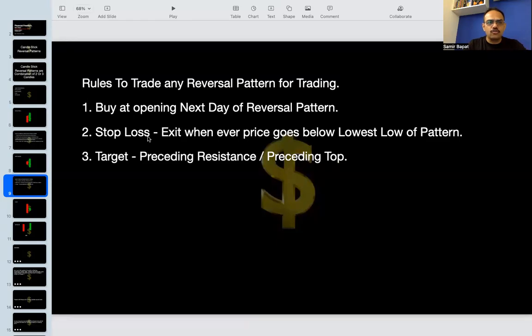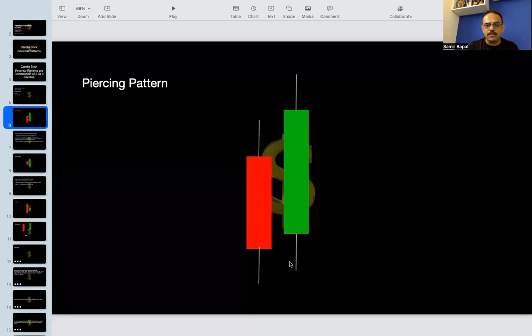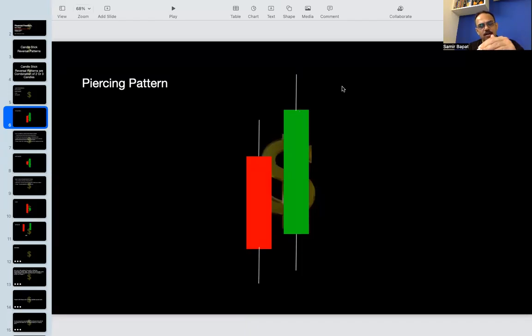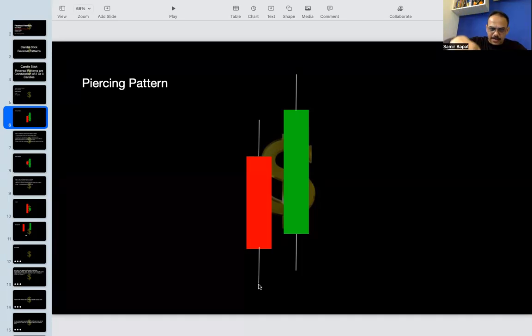Then stop loss is the low of the lowest low. So in this case, out of these two candles, this is the lowest low. Correct. So your stop loss will be here. The lowest low will be your stop loss. Suppose after that, tomorrow the market opened here, you bought here, this is the lowest low, this is the stop loss. If the market comes down, we have to exit here,